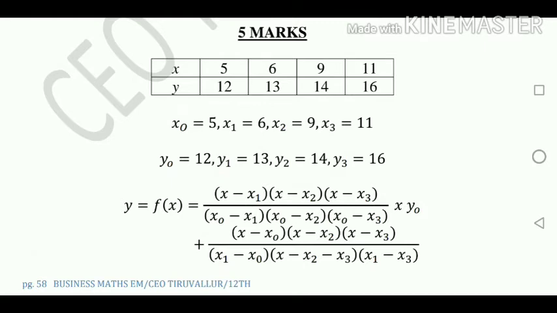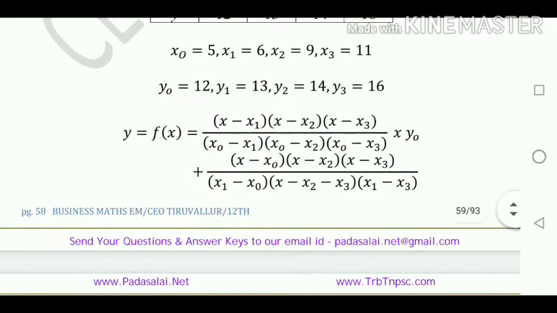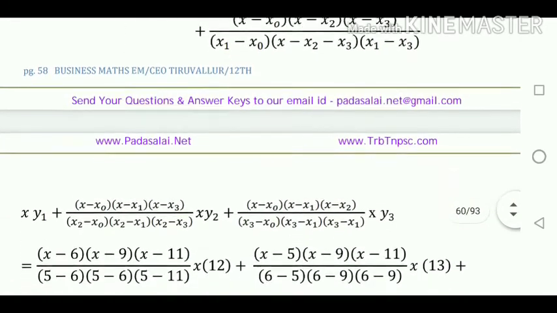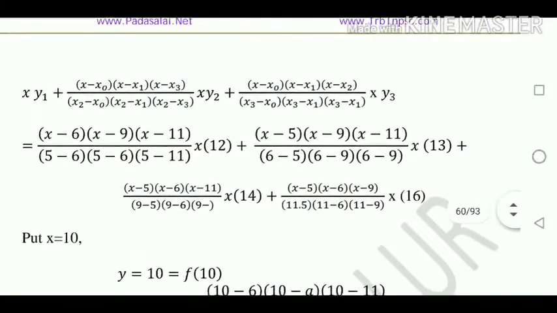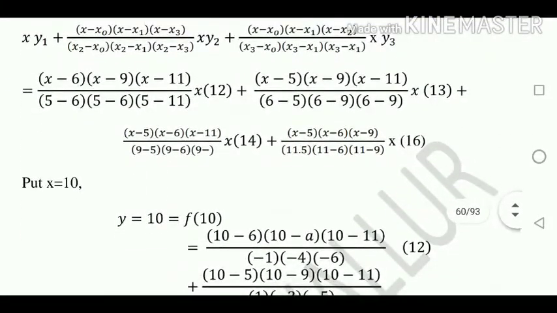Okay, here x0 equal to 5, x1 equal to 6, x2 equal to 9, x3 equal to 11. Therefore y0 equal to 12, y1 equal to 13, y2 equal to 14 and y3 equal to 16. Now apply the formula f of x equal to x minus x1 into x minus x2 into x minus x3 divided by x0 minus x1, x0 minus x2 into x0 minus x3 into y0 plus. We have to write up to y3. Now substitute the values, put x equal to 10. So f of 10 equal to